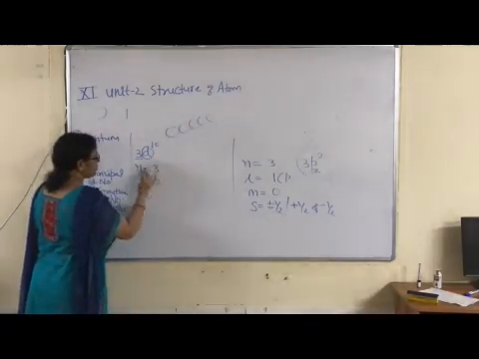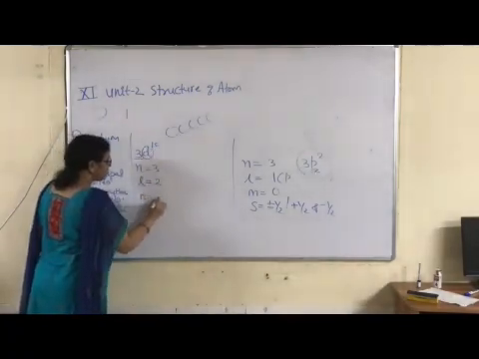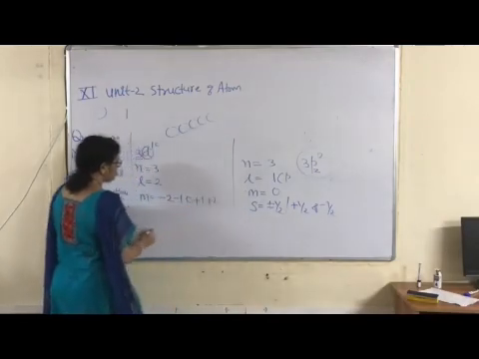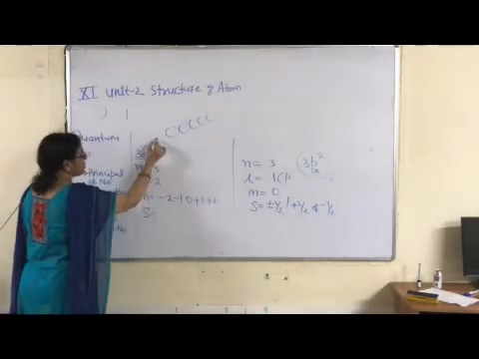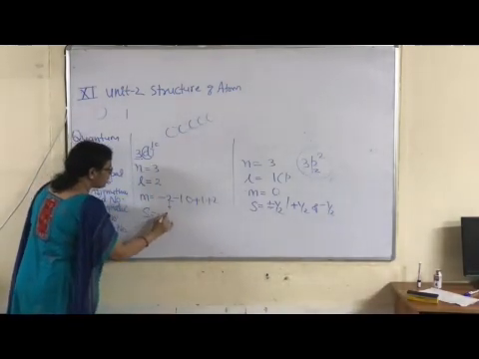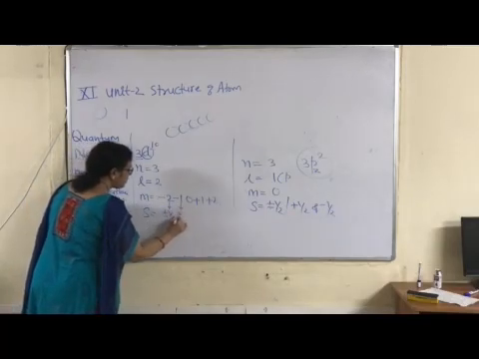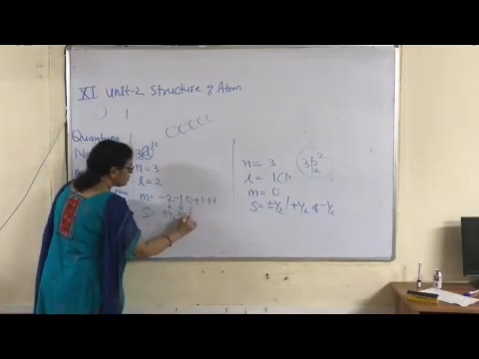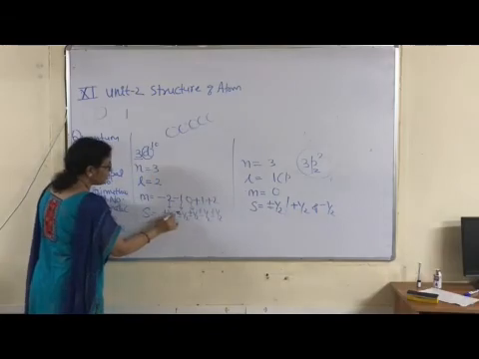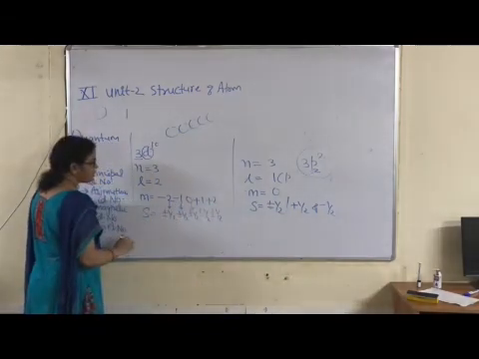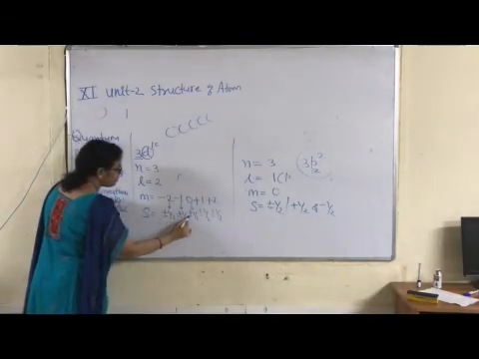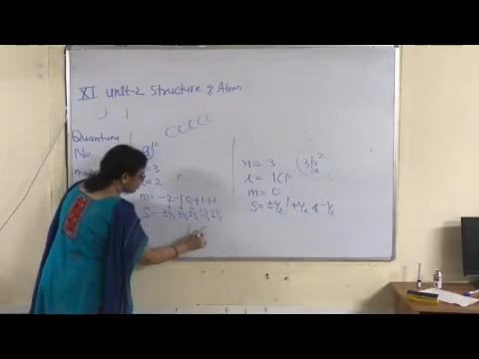right? What are possible values for 3d subshell? First -2, -1, 0, +1, +2, right? And spin quantum number, what is maximum number of electrons? 10. It means number of electrons in this d orbital, plus minus half. Again plus minus half, plus minus half, plus minus half, plus minus half. Right? 1, 2, 3, 4, 5. Double of 5 is 10. 5 electrons spin in which direction? Clockwise, and remaining 5 electrons in anti-clockwise direction.